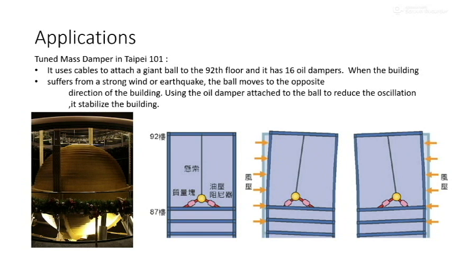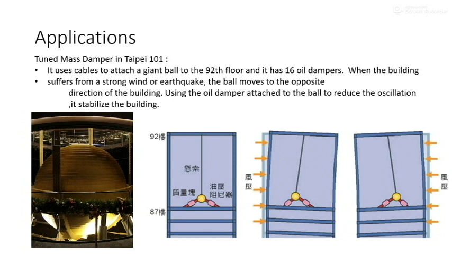And as I said, it has lots of applications. The most well-known one will probably be the tuned mass damper in Taipei 101. It uses cables to attach the giant ball to the 92nd floor, and it has 16 oil dampers attached to the giant ball. When the building suffers from a strong wind or earthquake, because of the ball's inertia, it moves in the opposite direction of the